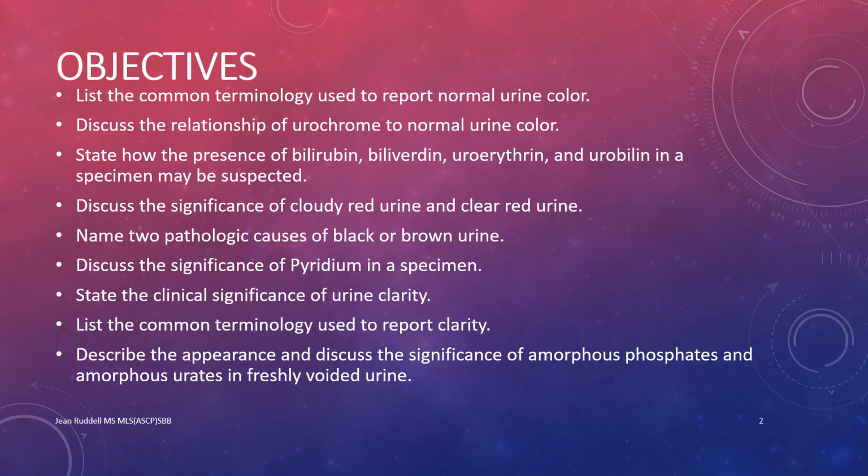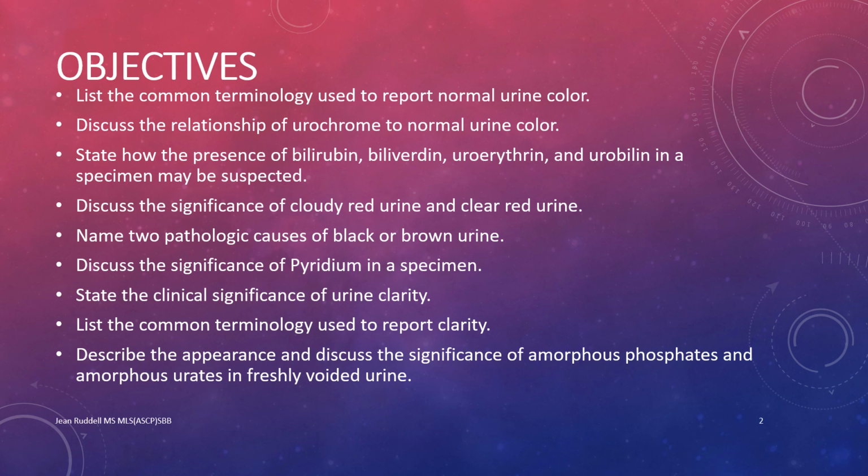The objectives for this presentation include being able to list the common terminology used to report normal urine color, discuss the relationship of urochrome to normal urine color, state how the presence of bilirubin, biliverdin, uroerythrin, and urobilin in the specimen may be suspected, discuss the significance of cloudy red urine and clear red urine, name 2 pathologic causes of black or brown urine, discuss the significance of pyridium in a specimen,